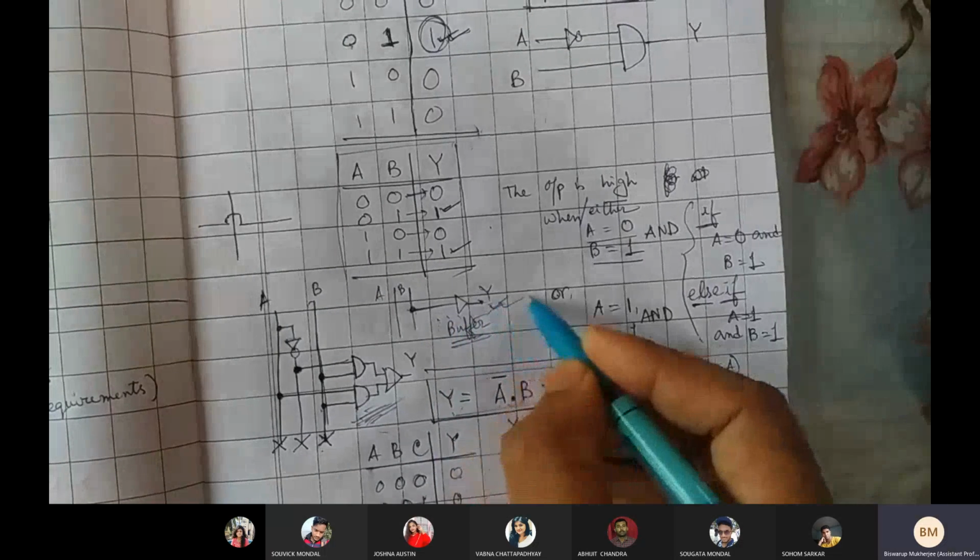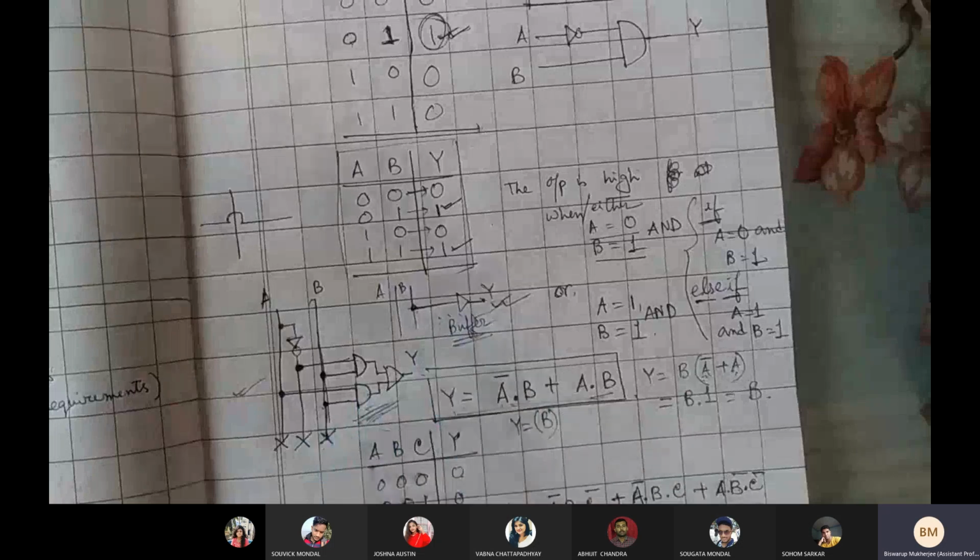So in all senses we are finding out that this circuit is better compared to this one in terms of area, and even in terms of power consumption. Here there are 1, 2, 3, 4 gates you need to bias, so the power requirement is more compared to this one where only one buffer is required to power up. That means here the power consumption is low, the area is low, the circuit is cheaper, and it is faster. So in every sense, this circuit is better compared to this one, right?